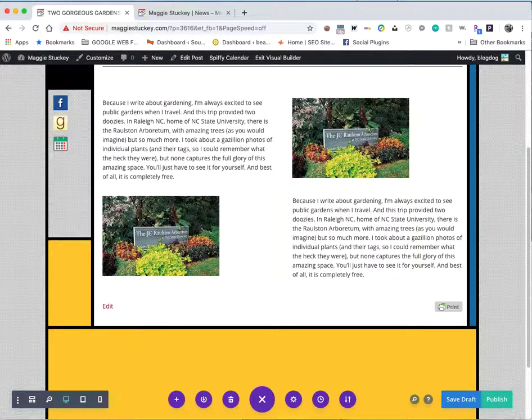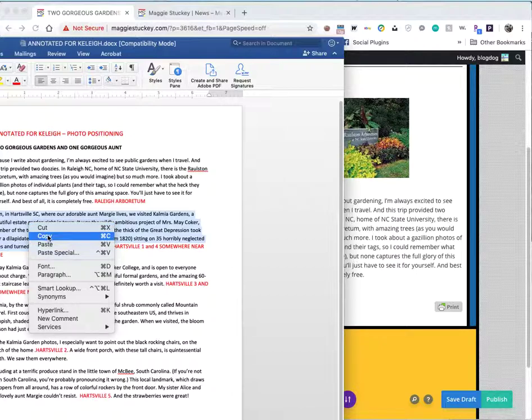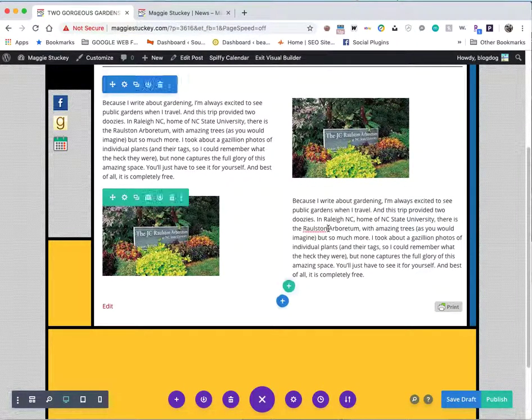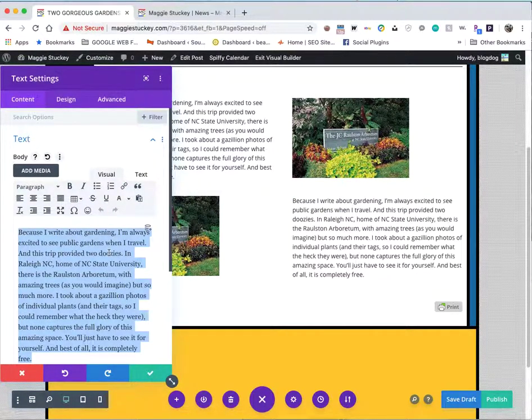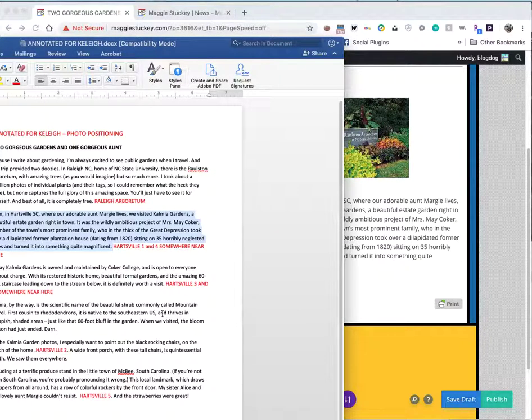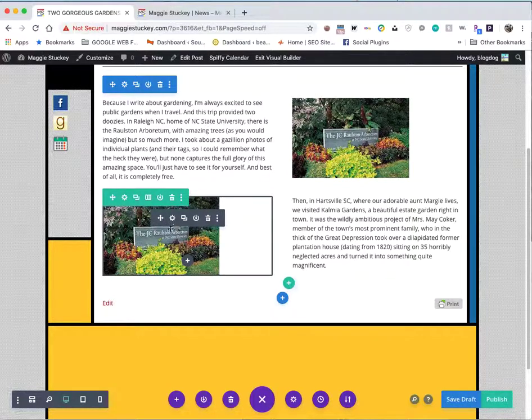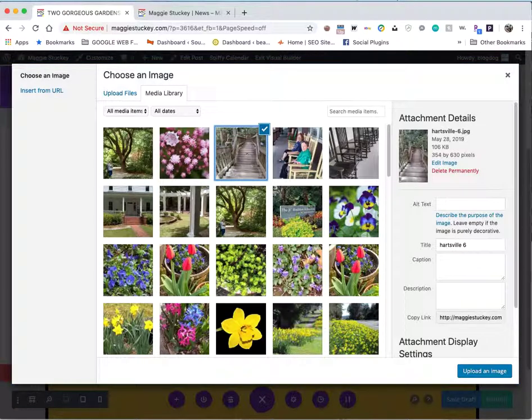Okay, I'm actually going to go grab some new text. The next paragraph, and copy that and bring it over here. Grab the gearbox, select all, delete that, paste in the new, check that, and the photo here is Hartsville 1 and 4 somewhere near here. So let's go gearbox. Hartsville 1, 6, let's go here, Hartsville 1,